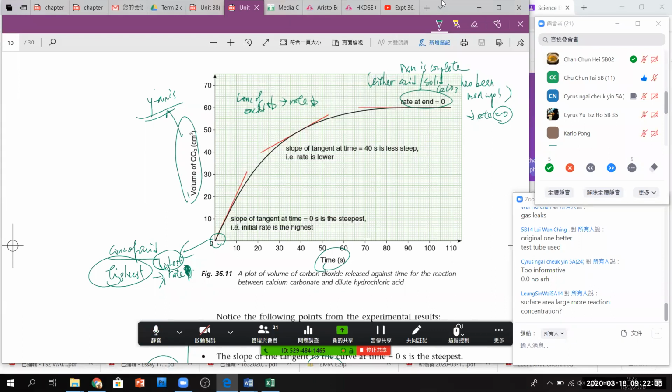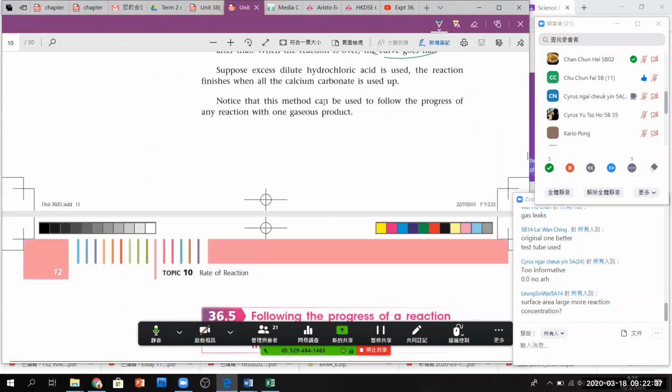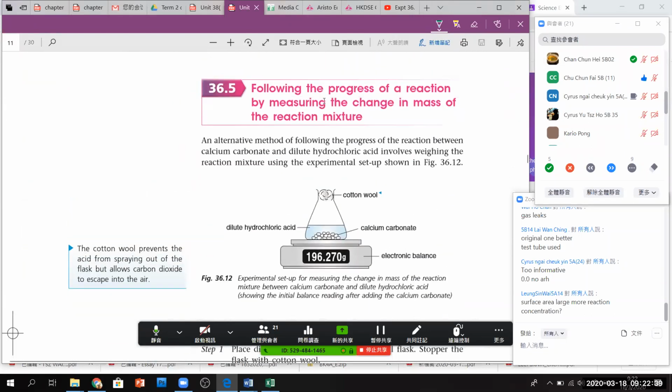Okay, so take a look at the next page. This is the change in volume of the gas. Of course, you know that a complementary method is to monitor the change in mass of the reaction mixture. The same chemical, can you see that? The same chemical, but the change in the design. You need not consider anything about a gas syringe, right? Instead, we have got cotton wool here. So what is that? To prevent the acid from spraying out,